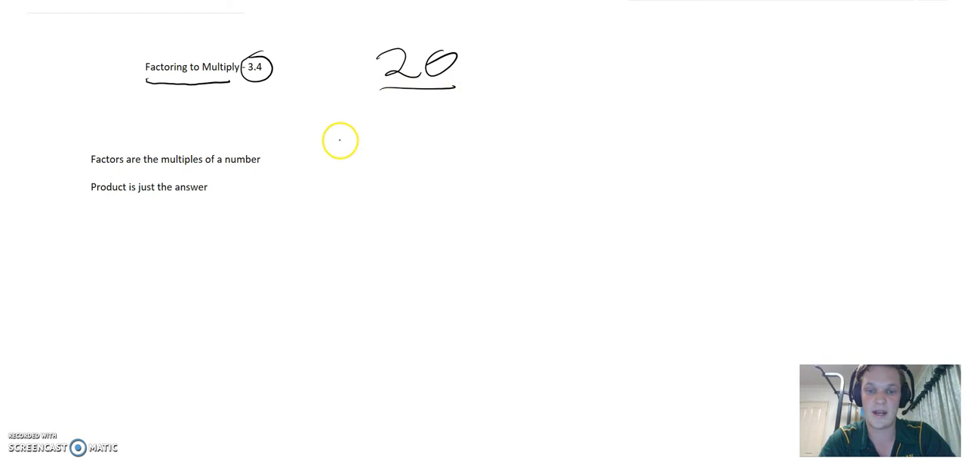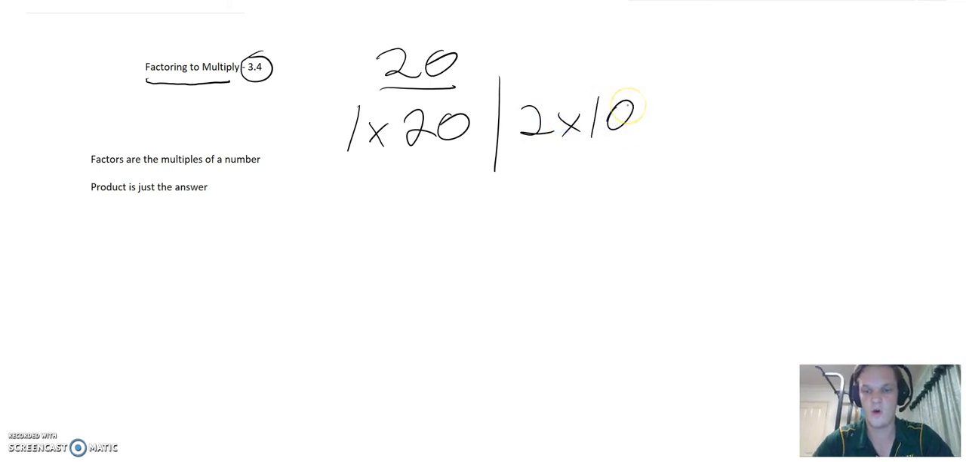So for 20, we might have 1 times 20. We could also have 2 times 10. Or another one might be 4 times 5. So all those numbers are our factors for 20. What we're going to do is look at how to use this strategy